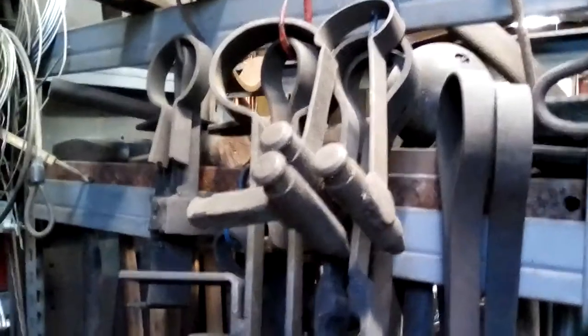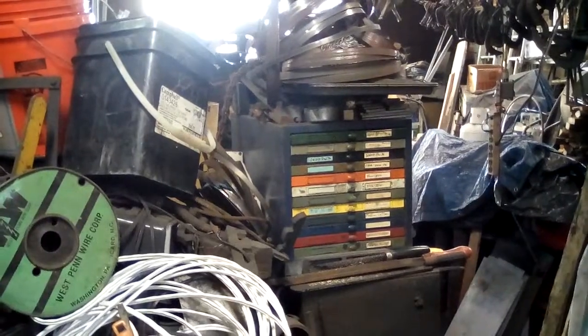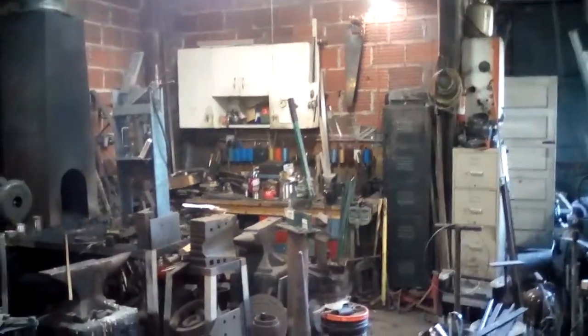Spring swages for the trip hammer and the anvil. And again, things are kind of junked up, which is normal. The little flat files that you can use for filing. You see cabinets. So anyway, I'm not quite sure what's interesting. It's just the current way the shop is set up, and like anything, it has its advantages and disadvantages. One of the things I can show you with the vise